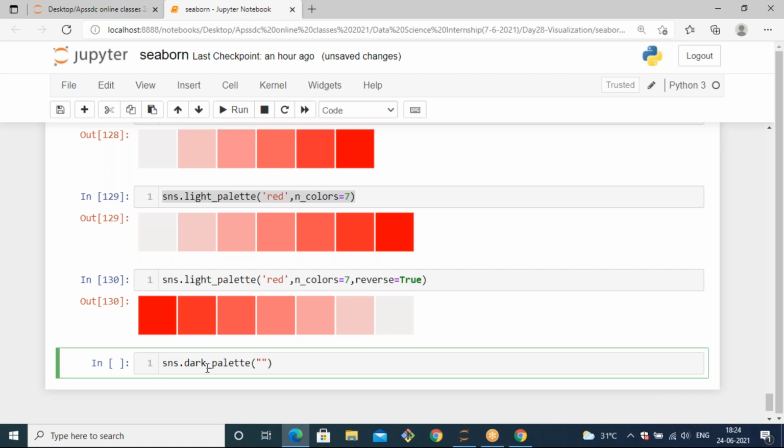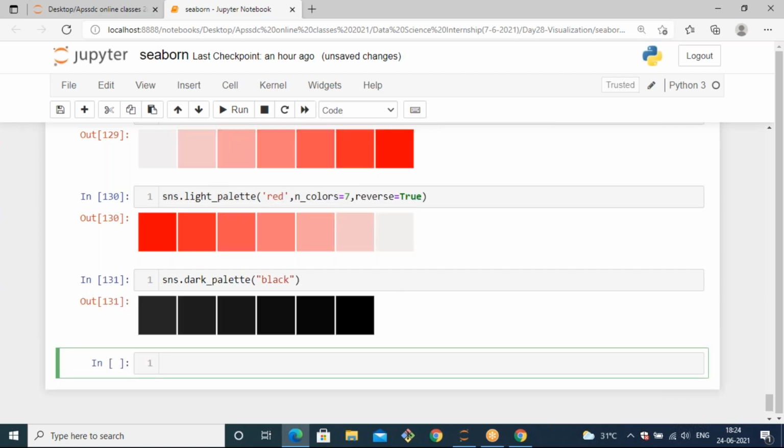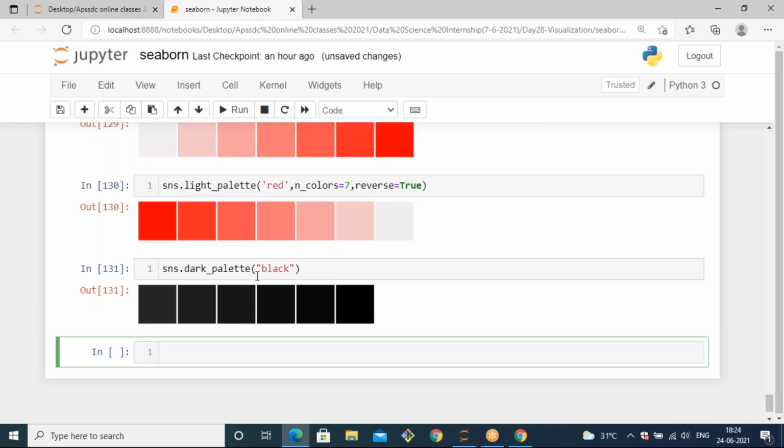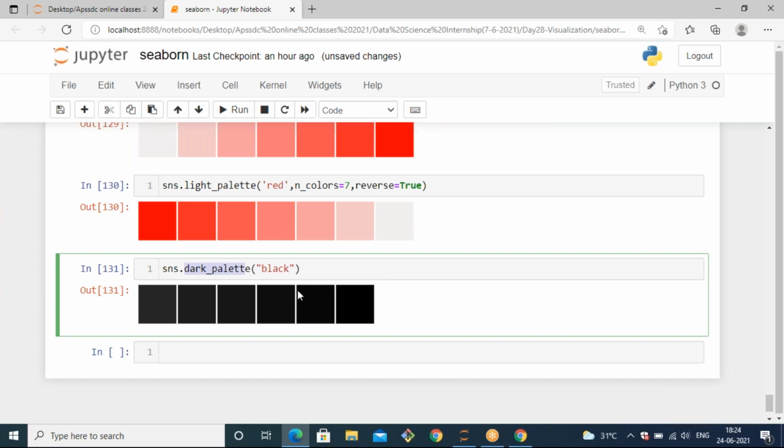And here if I pass black, let's say there is black. Yeah, when you mention black, it will generate dark color combinations. By passing the dark palette, it will generate dark color combinations.